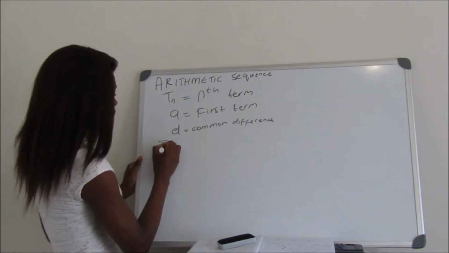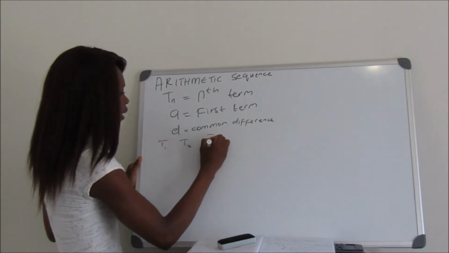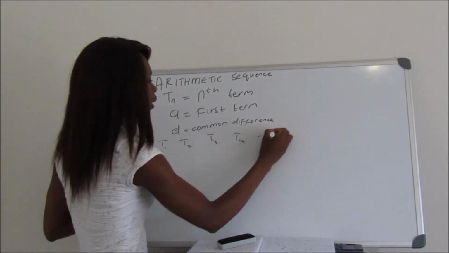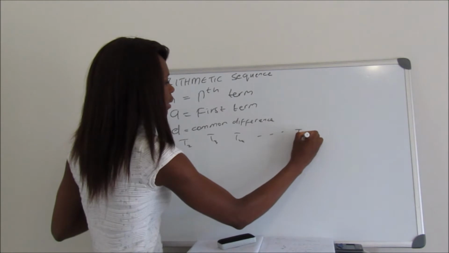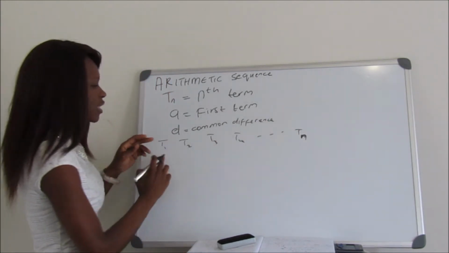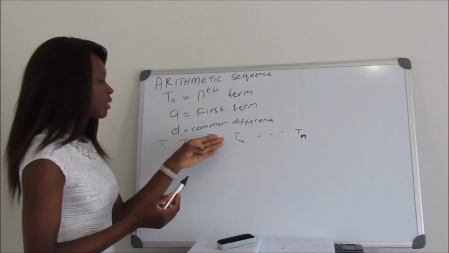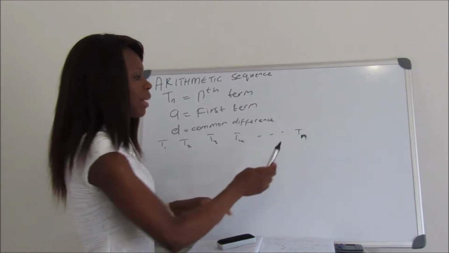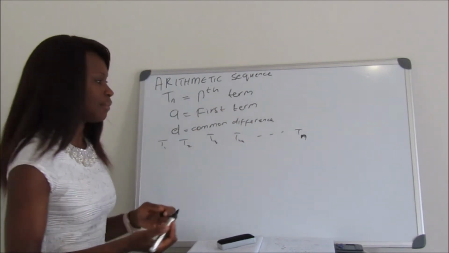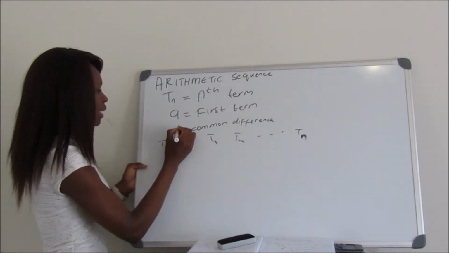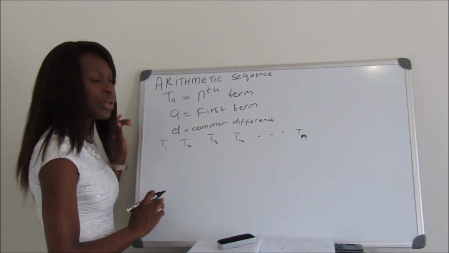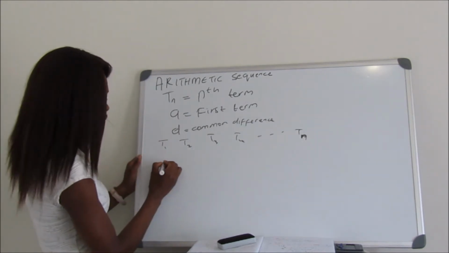Then there is T1, T2, T3, T4, going on and on up until Tn. This means the first term, the second term, the third term, going on up until the nth term, which is Tn. Right, now to get the D, which is the common difference,